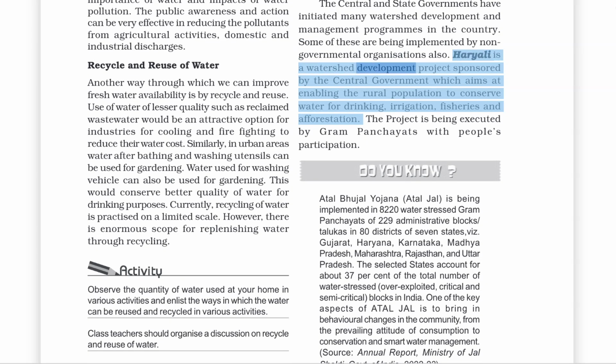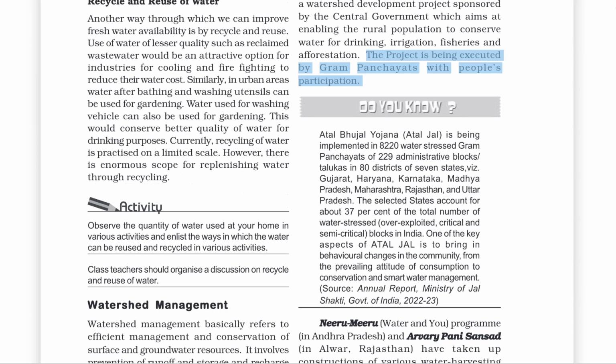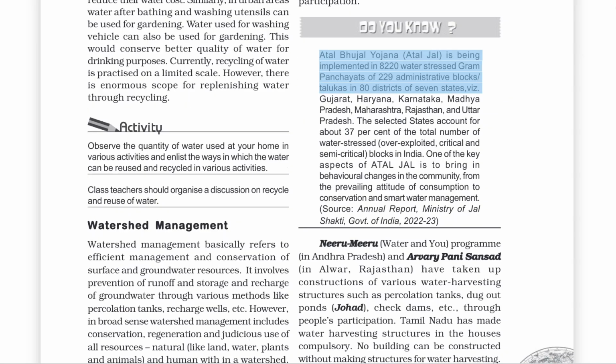Hariyali is a watershed development project sponsored by the central government which aims at enabling the rural population to conserve water for drinking, irrigation, fisheries, and afforestation. The project is being executed by Gram Panchayats with people's participation. Atal Bhujal Yojana, Atal Jal, is being implemented in 8220 water-stressed gram panchayats of 229 administrative blocks/talukas in